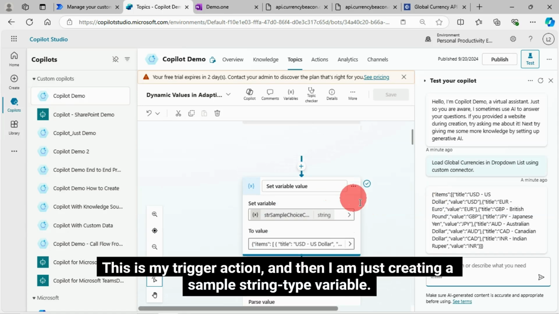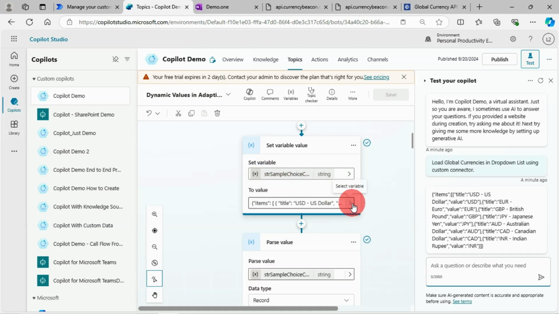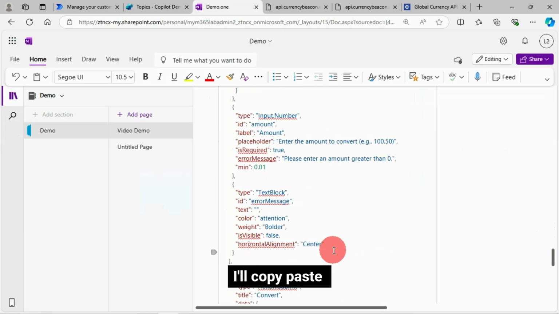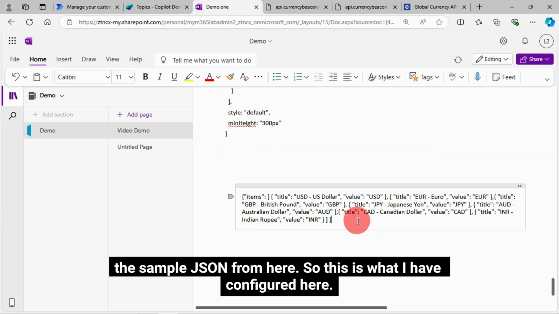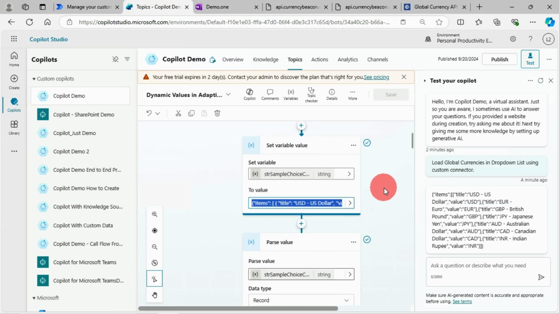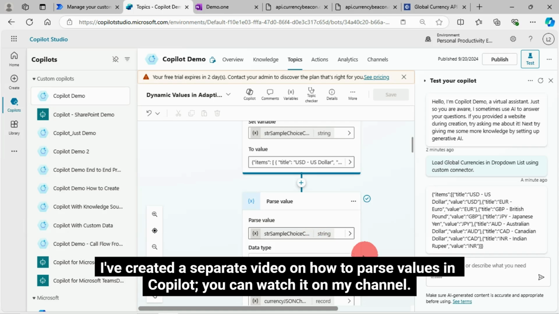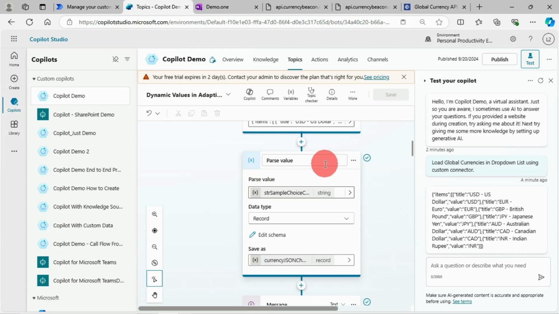This is my trigger action, and then I'm just creating a sample string type variable. This is the data I have passed here. I'll copy-paste the sample JSON from here. So this is what I have configured here. Then what I am doing is converting this string variable to a record. I've created a separate video on how to parse values in Copilot. You can watch it on my channel. Just quickly,